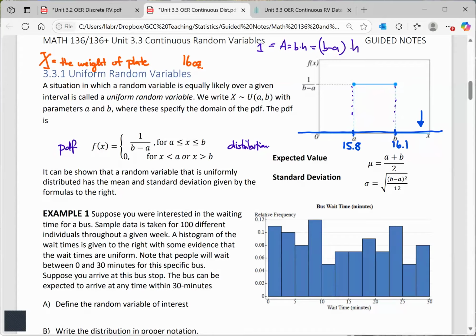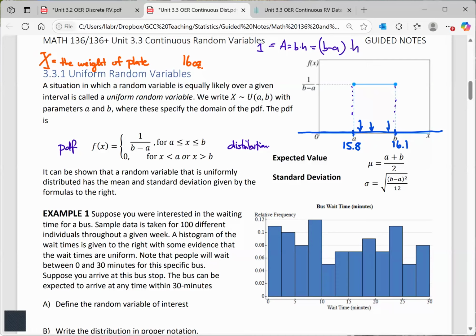That'll be pretty difficult because it won't fit in the cup, or for it to be filled below, because then it'll be very obvious that it's underfilled. So it could be that the number of ounces in the cup is going to be between 15.8 and 16.1,